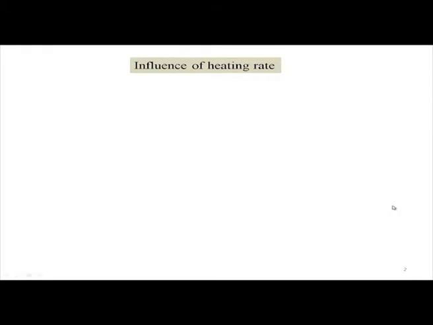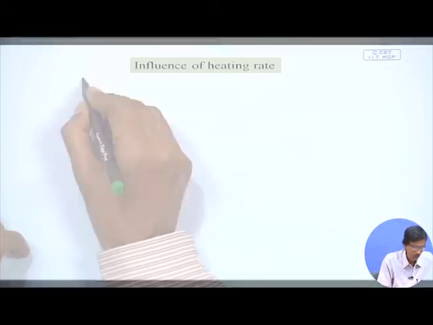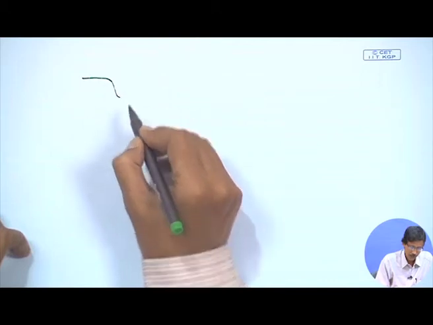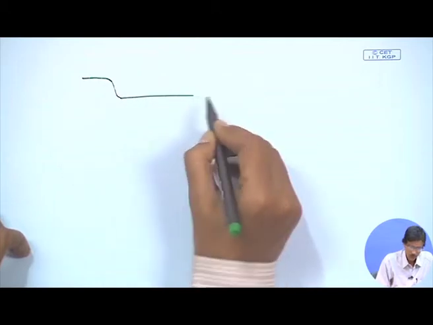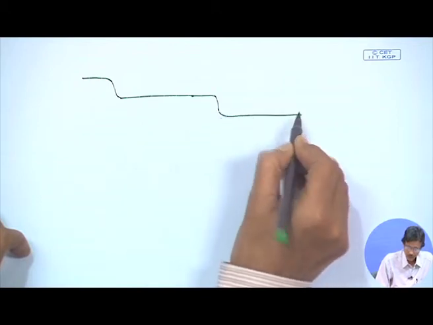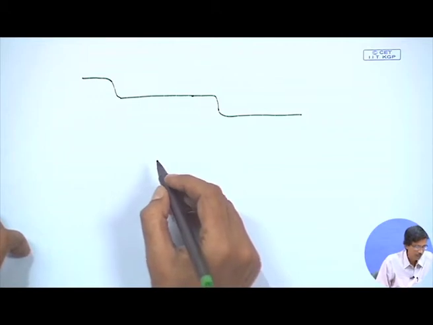Hello and welcome back to the class where we are continuing with the corresponding TG analysis, and we have seen that we must have a certain level of heating of the crucible. So, a particular type of heating rate we can have, and a typical plot we have seen in the case of oxalates, it can be all different oxalates or a mixture of oxalates like calcium oxalate and magnesium oxalate.